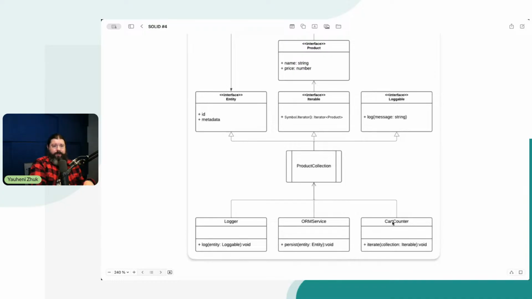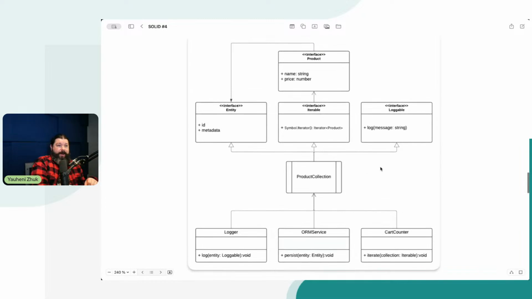Here it's like a cart counter, which just iterates the products and creates a cart entity for end users. Everything is protected. So in case we change some logic inside ProductCollection, it will not affect any of these services because none of them depends directly on ProductCollection, but everything depends on small and